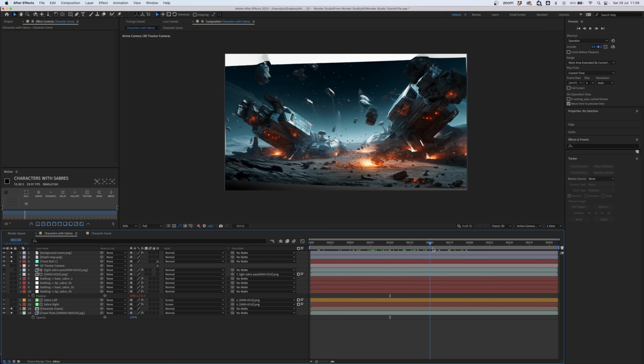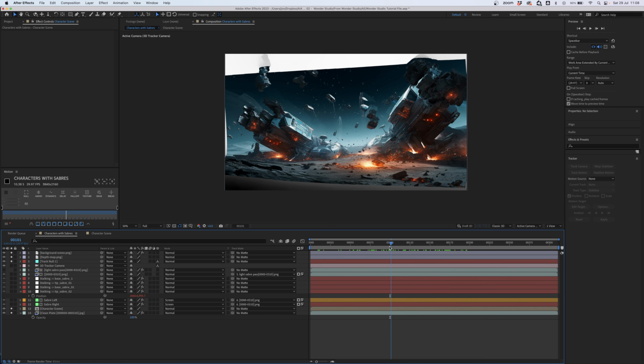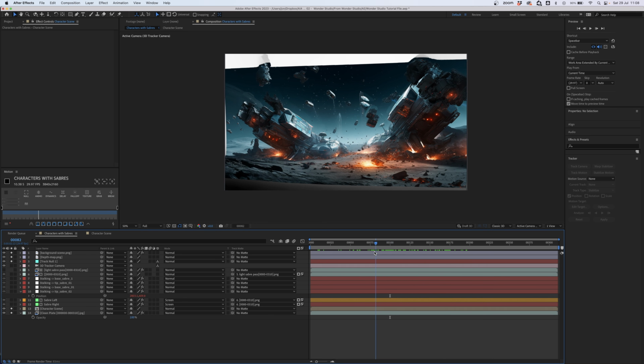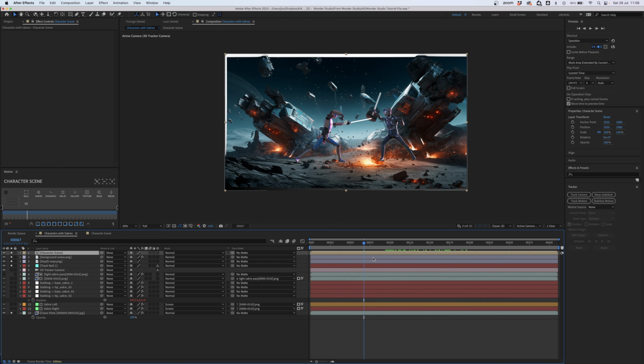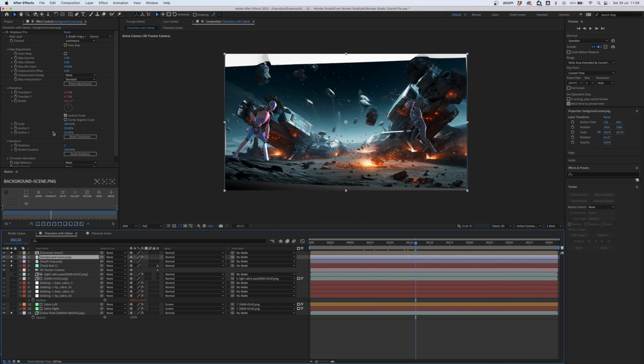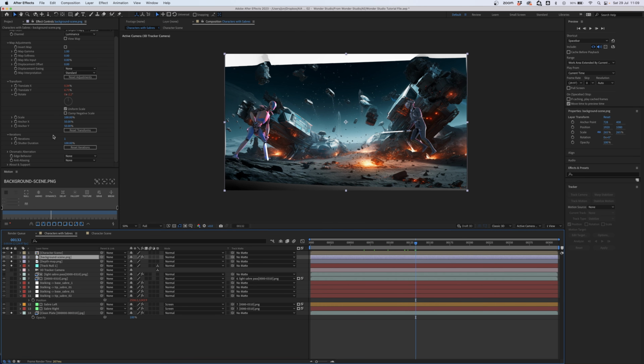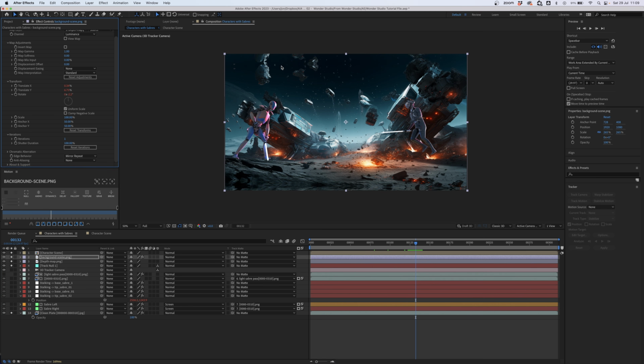So now we have our scene moving around in a cool way with some pseudo 3D depth. We can then grab our character scene, drag that up to the top just to see how they sit in the scene. Scroll down to the bottom of the Displacer Pro effect, and for edge behavior, we can turn on mirror repeat, and that will extend our scene. And we can also turn on anti-aliasing and put it onto 2 times, and that just improves some of the pixels when they're distorting to make it a bit smoother.